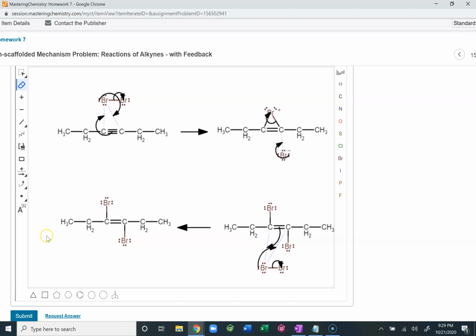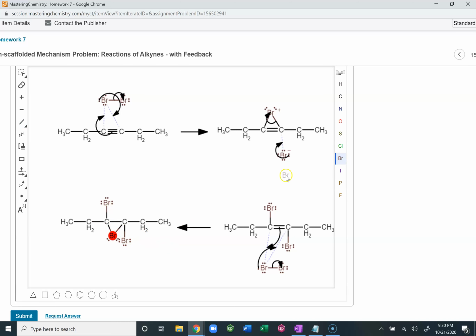So what we have here, we want to have a single bond now here, and we're going to have, let me move this bromine to, no, I cannot move it. All right, so I'm going to put a three-membered ring here, three-membered ring with a bromine,